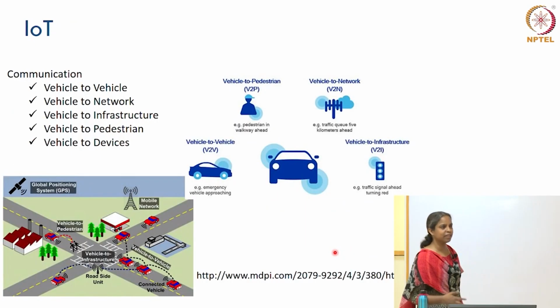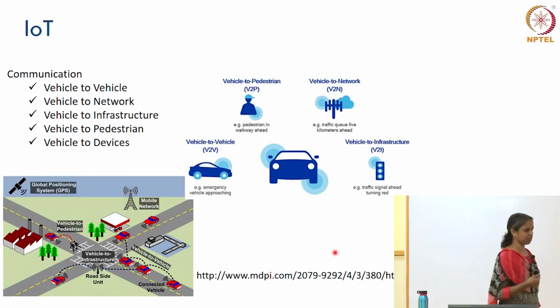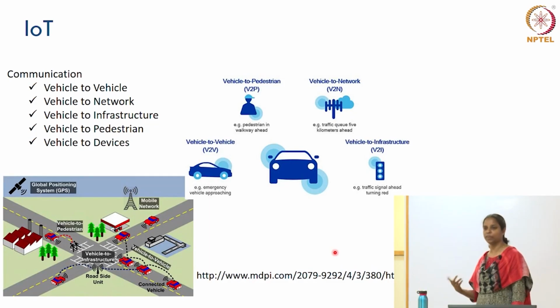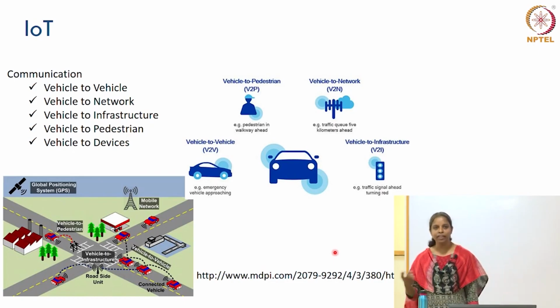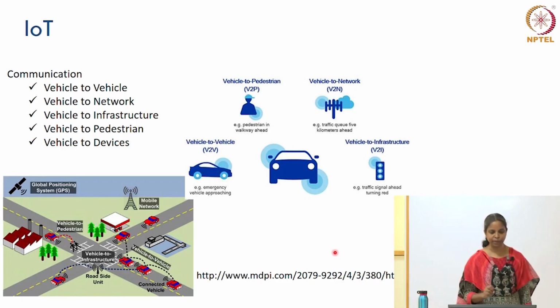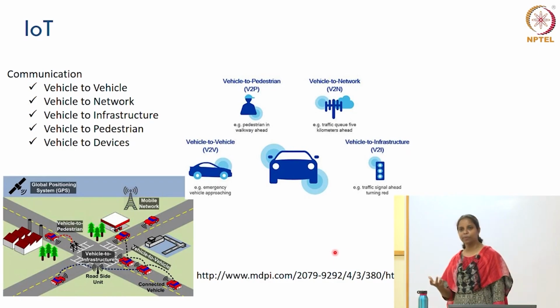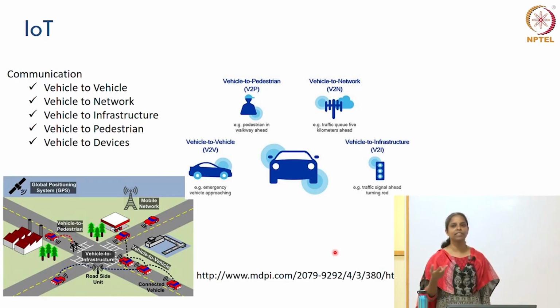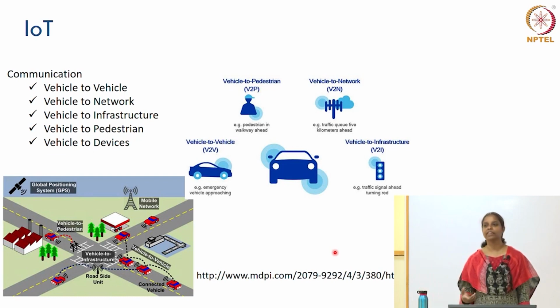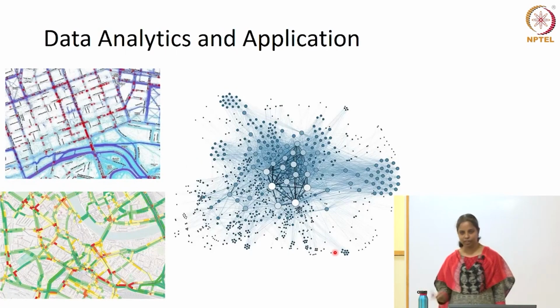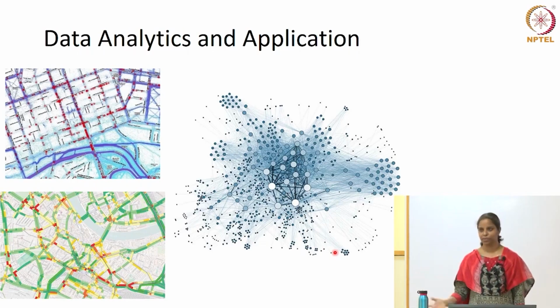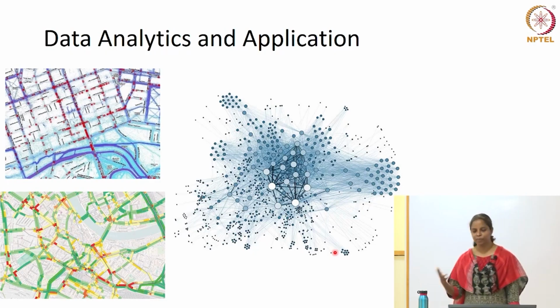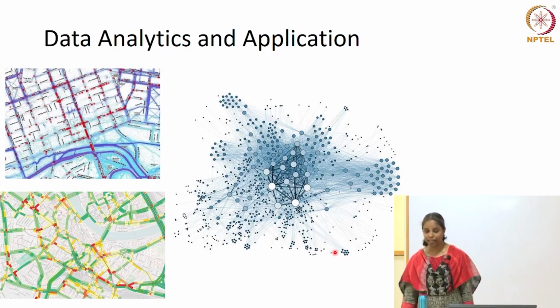So as I said, this leads to what is called the Internet of Things. Communication can be vehicle to vehicle, V2V, V2I, V2P. So in general, V2X, vehicle to anything, communication can happen. And this is the basic concept from which connected vehicles, one of the hot topics you will hear, come about. That happens because of all this information, and yes, once you have a lot of sensors, a lot of data, you have to get into data analytics. So a lot of information can be processed.